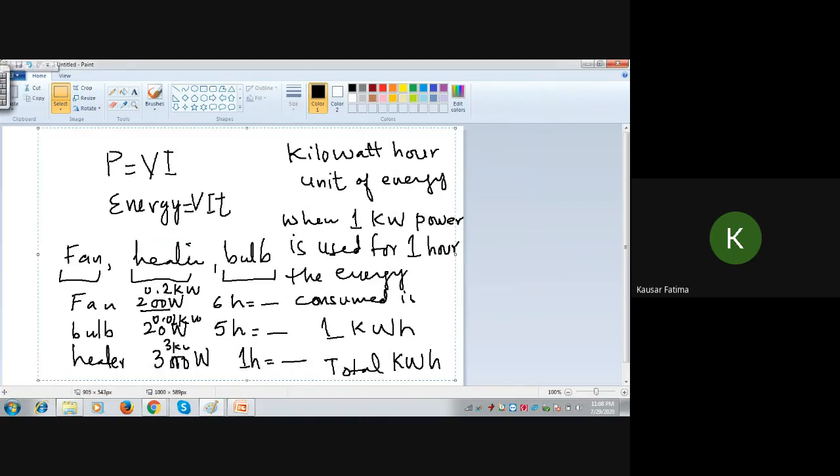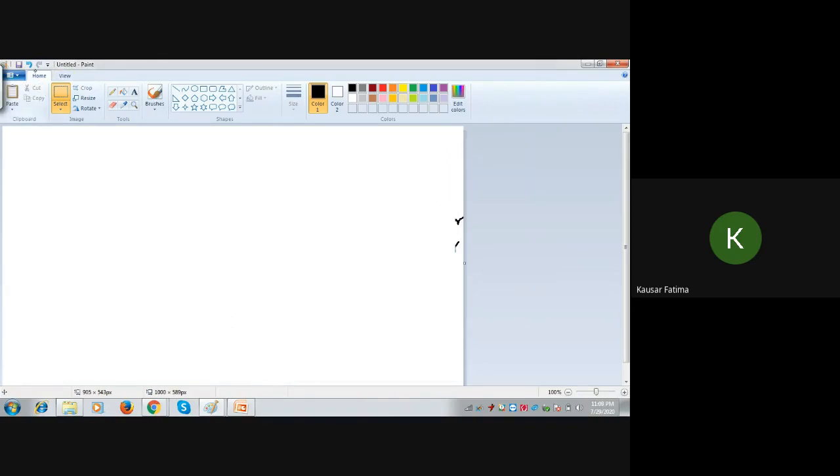We can define, we can get the relationship between kilowatt hour and joule. Energy is equal to kilowatt hour, okay. This is the unit and it is